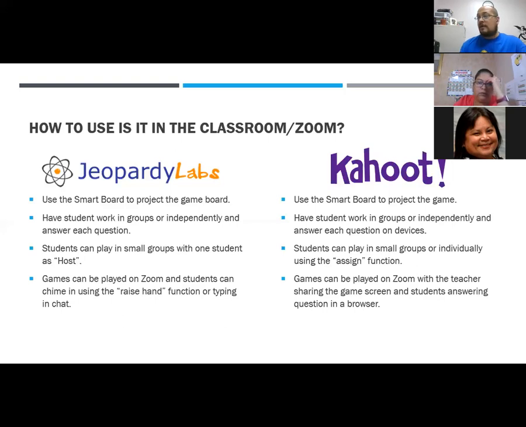Kahoot as itself, like I said, you can do the game board on your shared screen, but the students would have to switch to a different browser in order to answer the question. Especially on an iPad, that can be a little bit difficult just because once they switch screens, they lose what the question is. They can't see it, and on some of the iPads, you actually lose their camera and you can't see what they're doing. So it can be a little bit more challenging for the Kahoot, but the kids really love the colors and the timer really running down and the excitement of trying to do all those